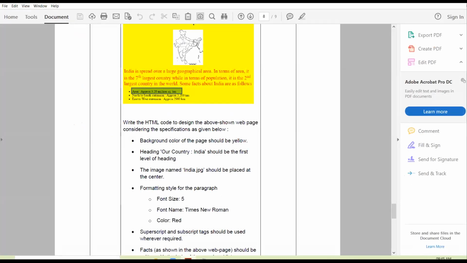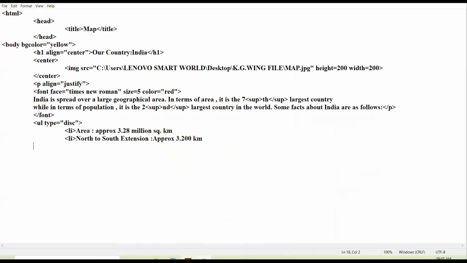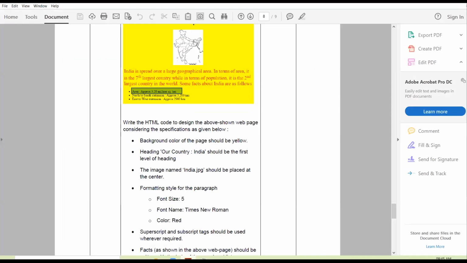Then last is east to west extension approximate 2,900 kilometer. So that comes to the end of the coding part.